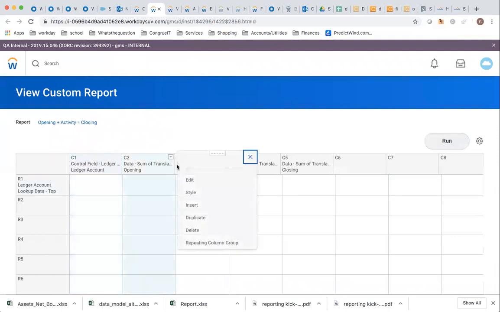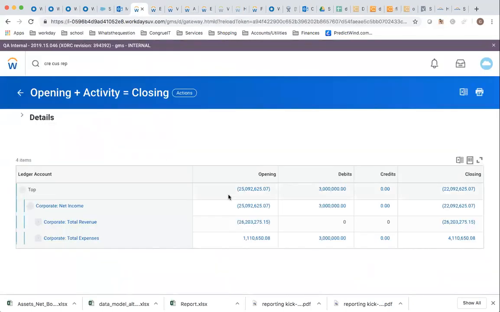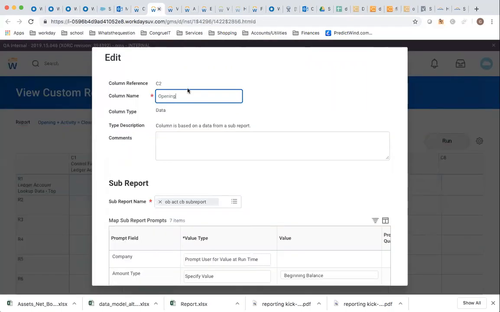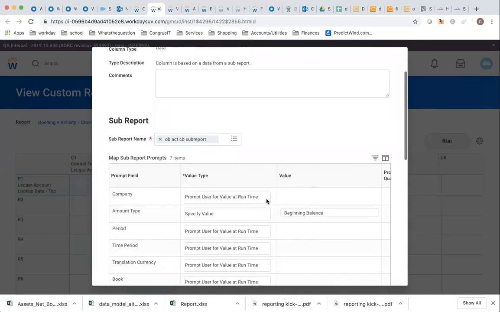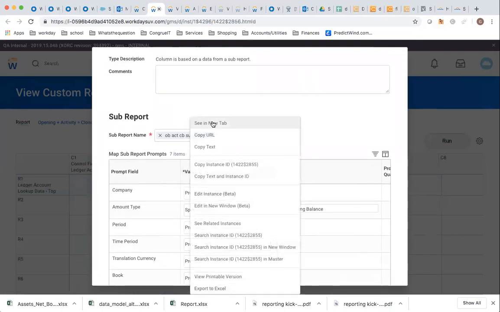Now in the column structures, we have the data. This is the column that brings in this field of data called opening. You'll see it's run on a sub-report, so I'm using a sub-report to pick up the data. And the sub-report gets its data from